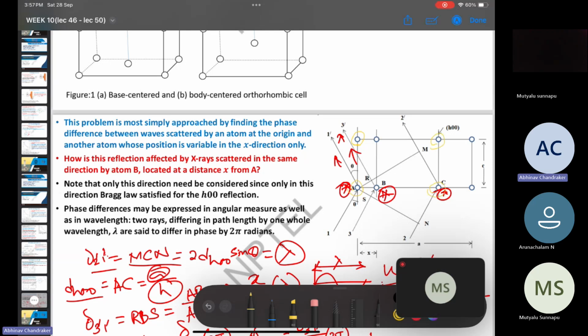So these are at the corners, and then we have some other atoms at different positions. And if we have an incident X-ray beam in directions one and two which are parallel, and we have an H00 plane which is causing the diffraction,